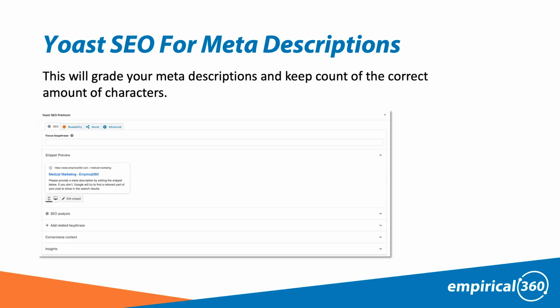So what you do is, in this image here, you can see that it has a focus key phrase. Obviously you want to focus on the keyword that you're trying to optimize your page for, something that's going to get you volume and that's relevant to your page. And then it has you write the meta description here, and what I like about it is it grades it and it counts the amount of characters. Again, most of them do this, but it'll count the amount of characters to make sure you're within the character limit. It'll grade the readability of it, so if you're horrible at writing, which I am, luckily we have a content writer, it'll make sure that it's